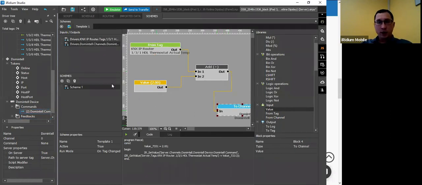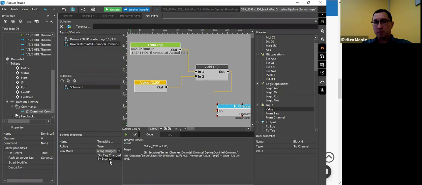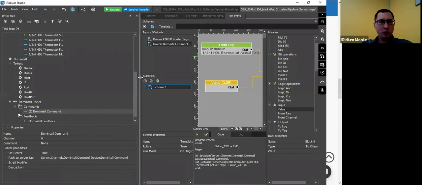and it's all. And of course, we have two strategies here. One strategy is about when it will be started. It will be started when a tag changes. When this tag is changed, in this case, we will have this scheme. Or I can make it by interval. Each interval, it will run with this template. Okay, it was the next step,